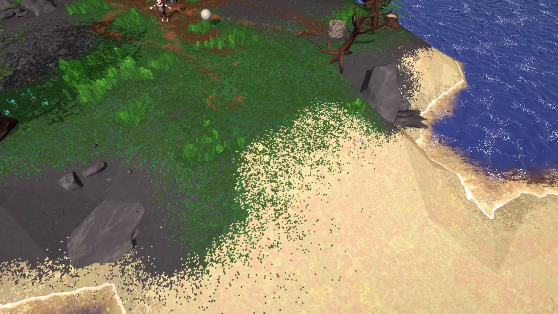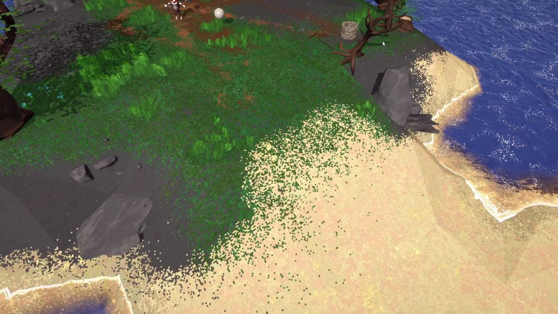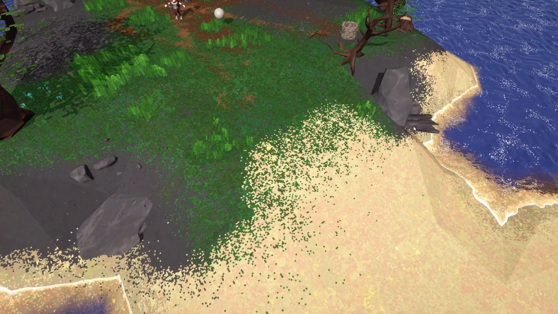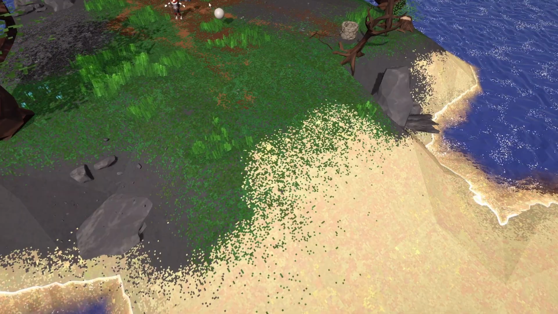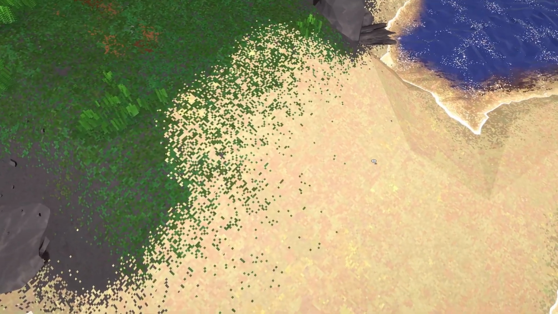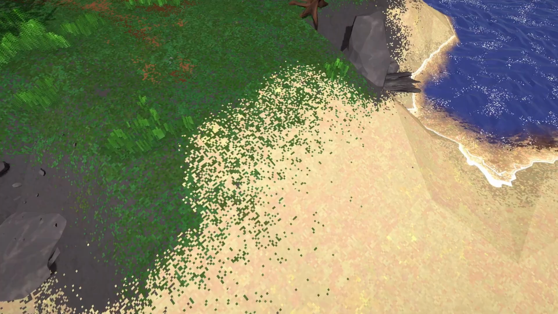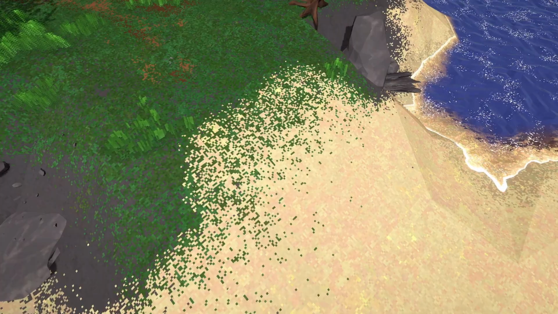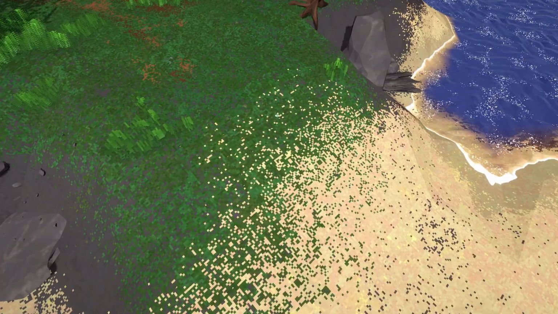Going back to the terrain, I would like to speak a bit about the shader I've built for it. Instead of going with one statically generated texture for the entire terrain, I've instead made a shader that blends multiple textures together. For example, if I look at the gradient here between grass and sand, I could very slightly tweak it. I can raise the weight of the grass and make it flow into the sand.